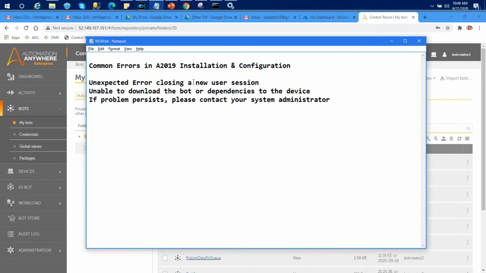One reason is that the device is not configured well, which means you should go ahead and enter the credentials correctly with respect to domain name and username. Take it from CMD by running whoami. The other possibility is that the bot is not able to download the dependencies to the respective Automation Anywhere global cache folder.